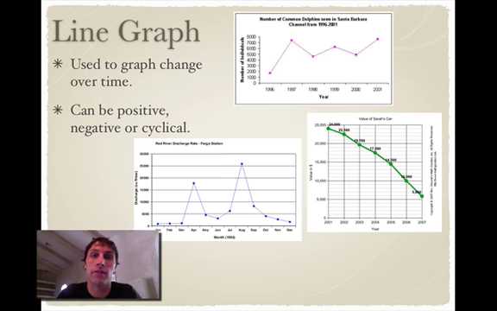The line graph. The line graph is one of the graphs we use most often in biology, and it's used to graph change over time. So anytime you are taking a measurement at different time periods, you could use a line graph. Now these are some of the easier graphs to set up because the time interval is always going to go on the x-axis, and your dependent variable, or the thing you're measuring, will always go on the y. Okay, so the